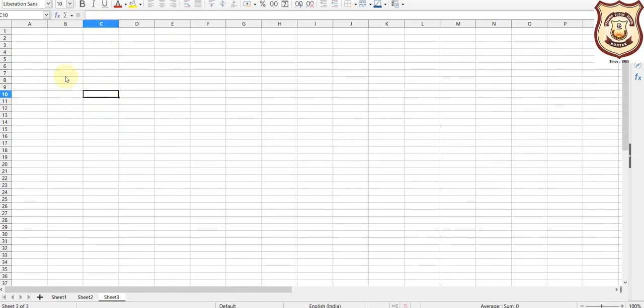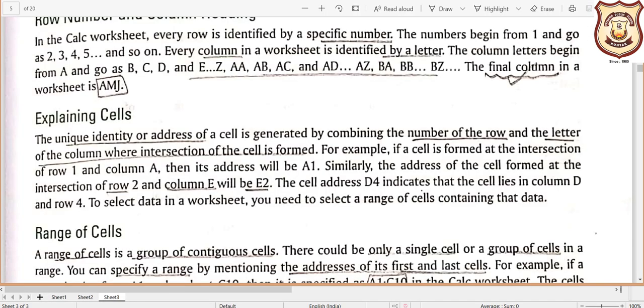The address of that particular cell you will be able to see here in the name box. If you are writing something in this cell, that will also appear here in the input line. Now come back to the theory.